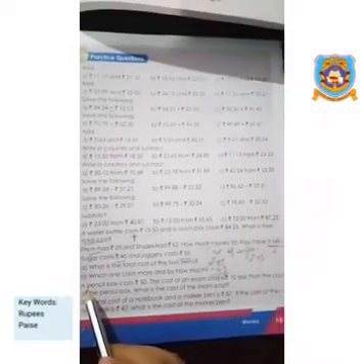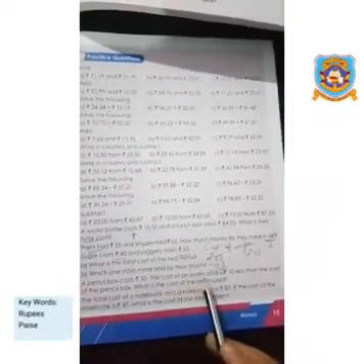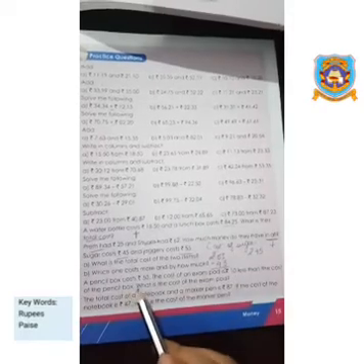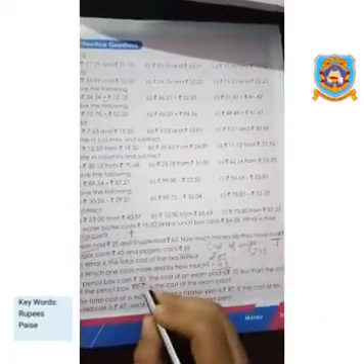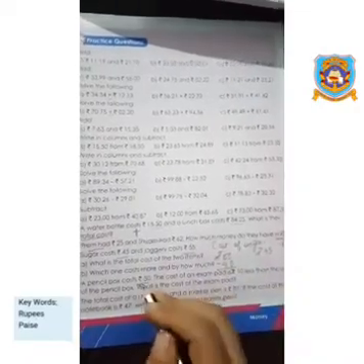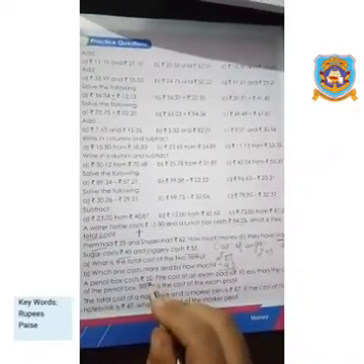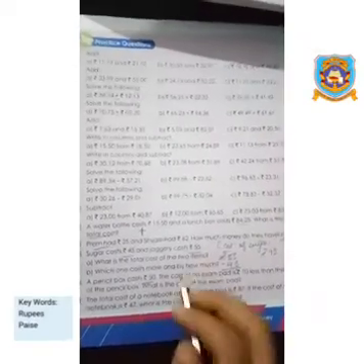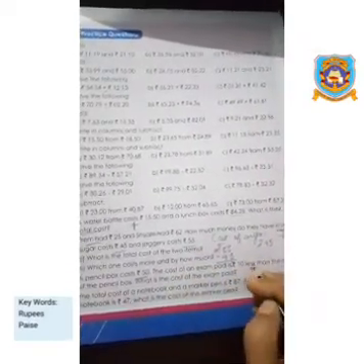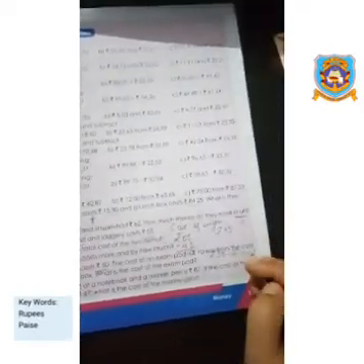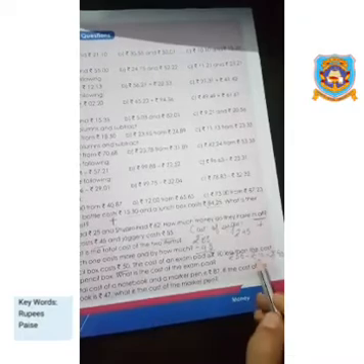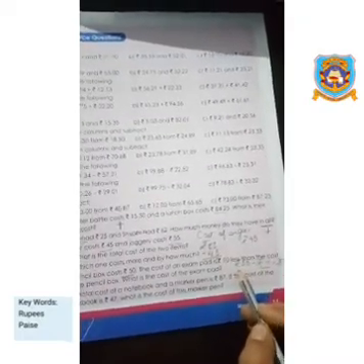The next question, number 14, is: a pencil box costs rupees 50. The cost of an exam pad is 10 less than the cost of the pencil box. What is the cost of the exam pad? Now the cost of the pencil box is how much? Rupees 50. And the exam pad is rupees 10 less than this. Now we have to find the cost of the exam pad. So how can you do it? Just subtract. Rupees 50 minus rupees 10. How much will you get? Rupees 40. So the cost of the exam pad is rupees 40, because it is rupees 10 less than the cost of the pencil box.